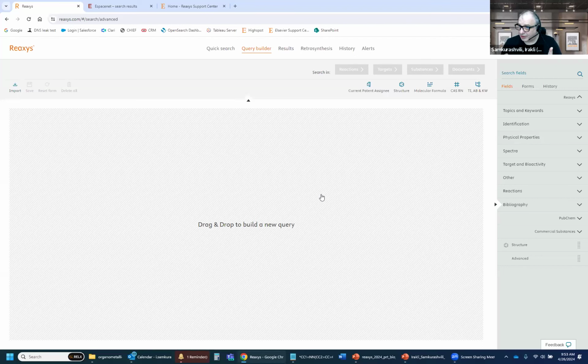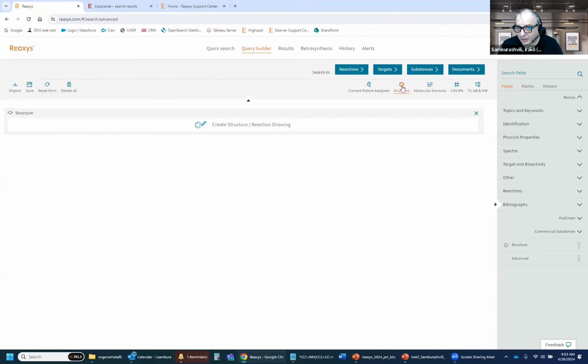So how you do it is very simple. Digest your question to smaller parts, use the appropriate fields, and join them with the Boolean operator. So let me demonstrate. So I want indole derivatives with particular chemical and physical properties. So first part is indole derivatives. For that, I will use structure editor to communicate that information with the computer. Also, I want the density property. So how do I search it? And here is the